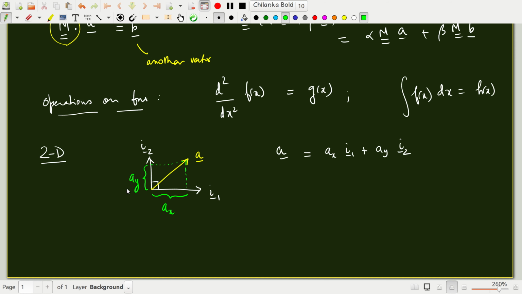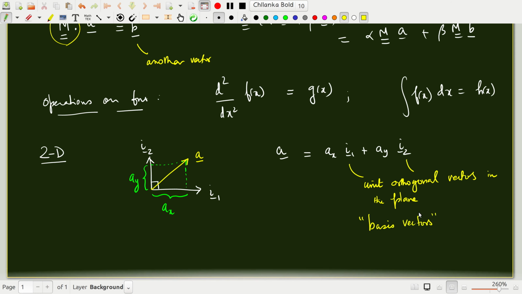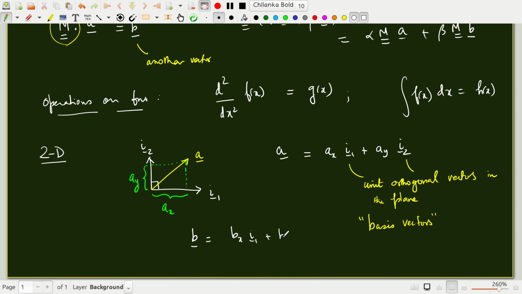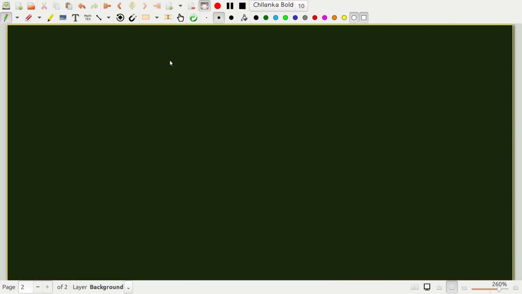These I1 and I2 are unit orthogonal vectors in the plane, and they are called basis vectors. Any vector in the plane can be expressed in terms of such a combination. You can take another vector B and write it as bx I1 plus by I2. Any vector in the plane can be represented in terms of these basis vectors. So we say that I1 and I2 form a basis in the plane